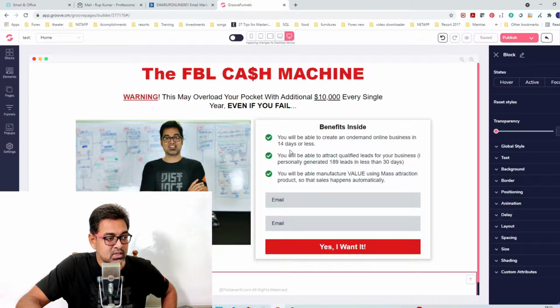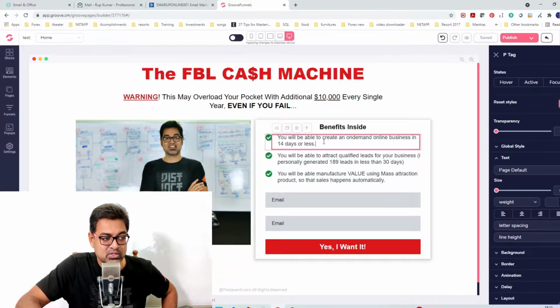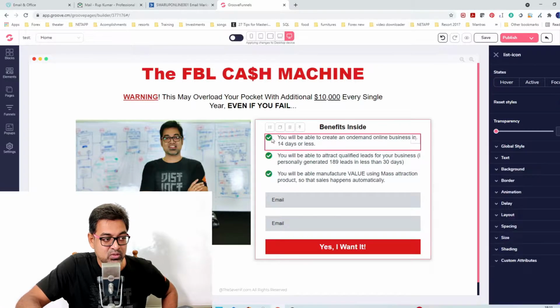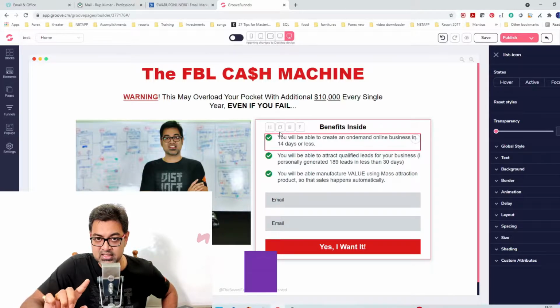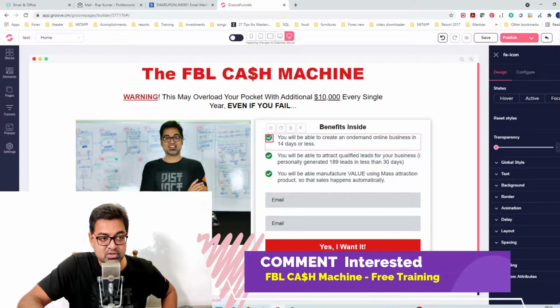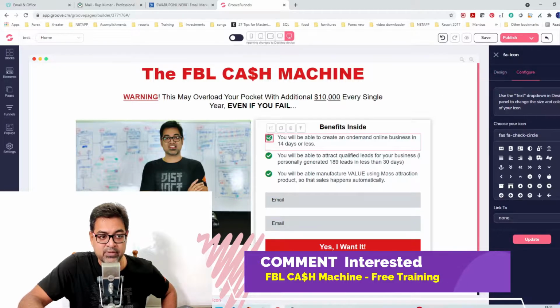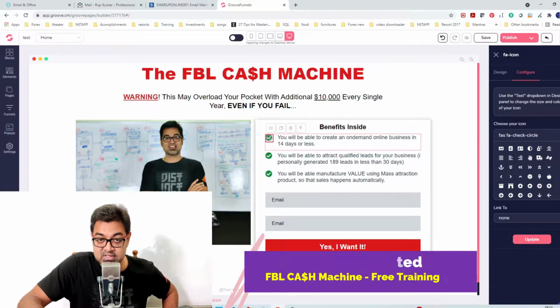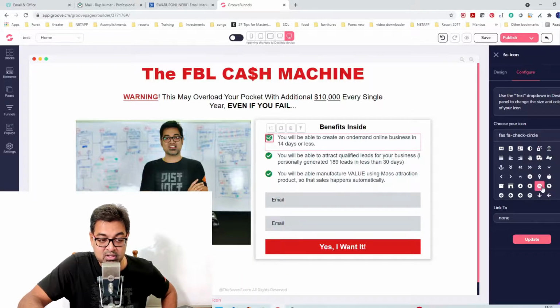Now, if you remember last time, it was my mistake. I couldn't explain why you were not able to change the size of this button. So I removed it and just kept a hyphen. Because earlier, if you select this one and go to configure, it was getting hanged. All the options were here itself, the size of the button, the color of the button, and the size. But right now